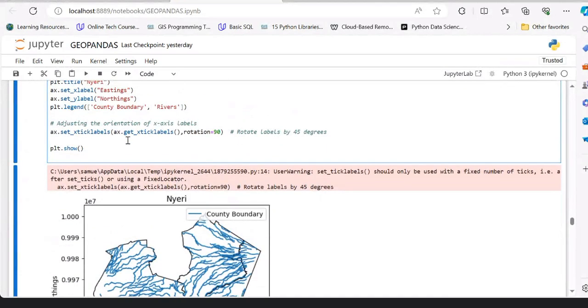So the other thing you can do is to rotate our values. Maybe this value